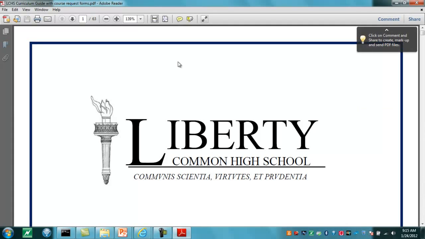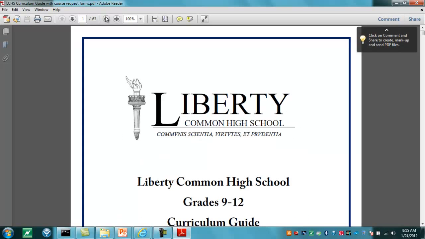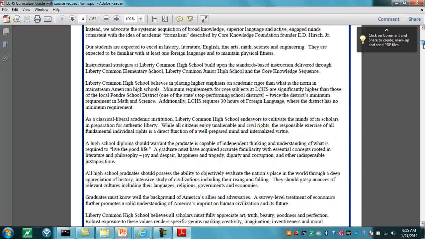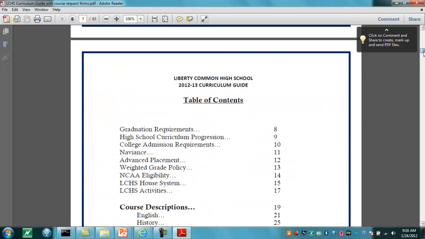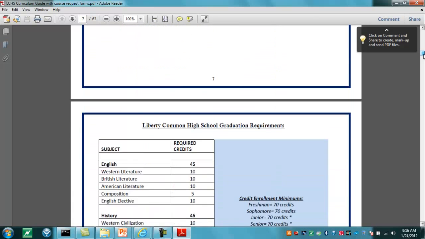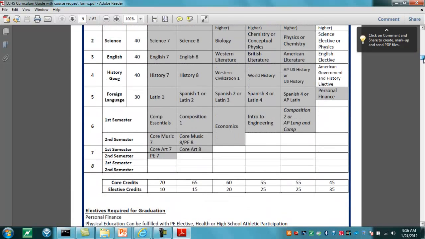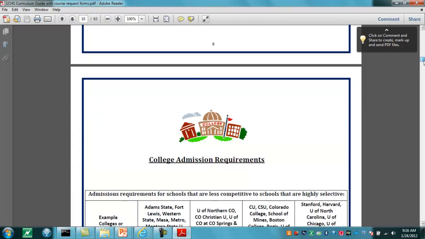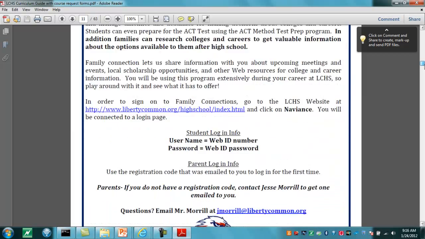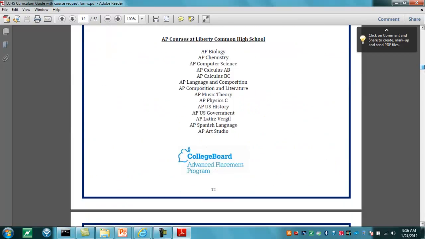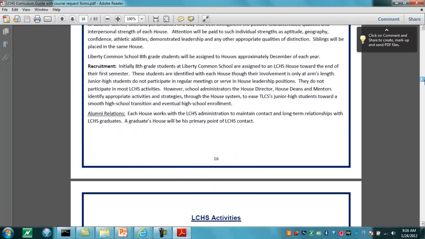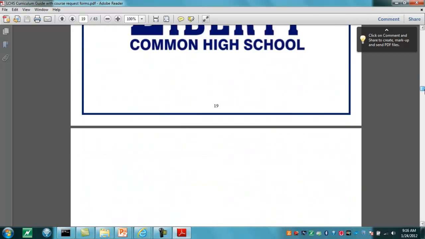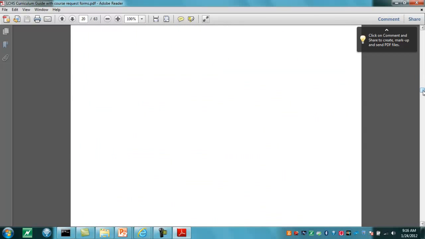To give you an example of what the guide looks like, I'm just going to pull up the PDF here, and you'll see in the first few pages there's a lot of information about the high school, including information about the foundation stones, the capstones, the graduation requirements, the core subjects that you're going to be taking throughout your high school career, and a lot of other stuff. So you'll want to read through that again with your parents and go through that information. The bulk of the guide, however, includes course descriptions for all the courses that we'll be offering for next